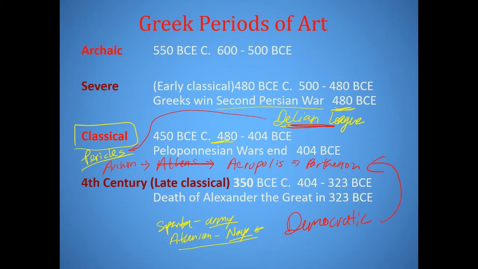And they're going to look to the style that we see in places like Athens, and on the Parthenon, as being a style that represents the notion of democracy. Of course, it wasn't purely democratic. We know that women couldn't vote. That doesn't mean that women didn't have a role to play. We're going to talk extensively about the role that women played in Athenian society.